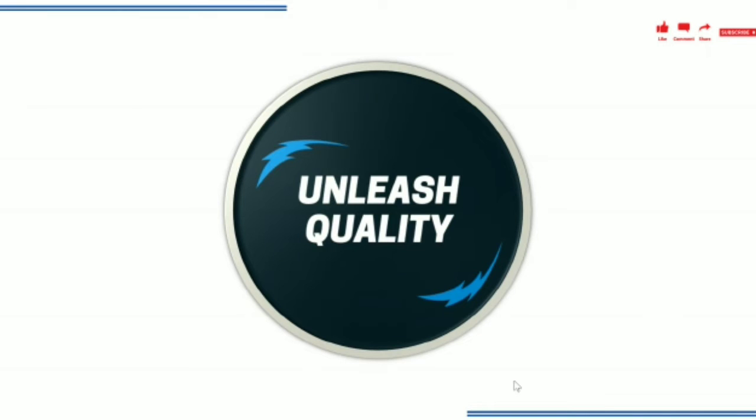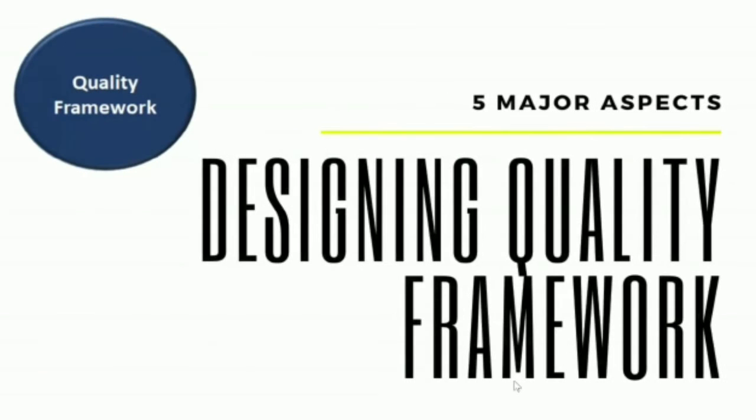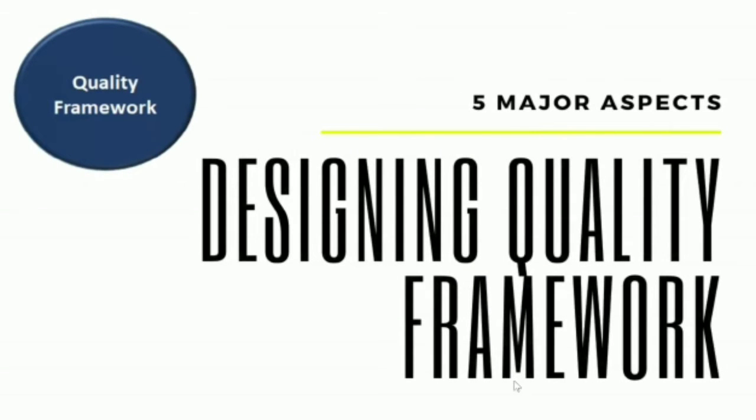So this is my third video and second chapter. In chapter 1, my previous two videos, we discussed what quality is and why it is important. In today's video we'll discuss the 5 major aspects of the quality framework, which I'm sure you noticed in the thumbnail. So we'll be discussing what a quality framework is all about, whether we want to set up a new quality framework or re-engineer our current quality approach, right?